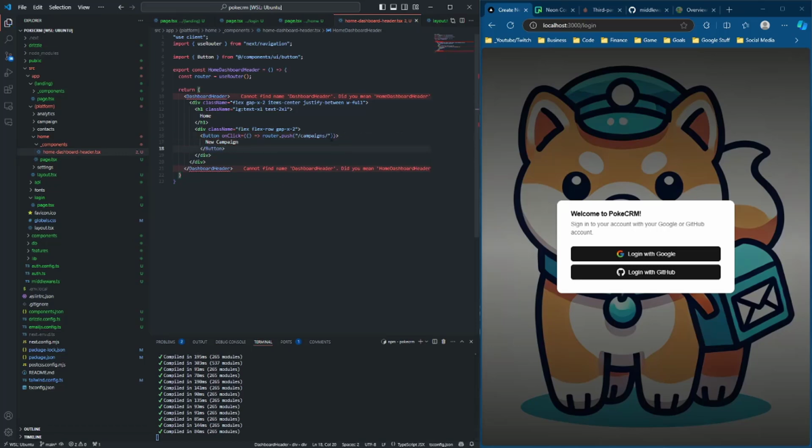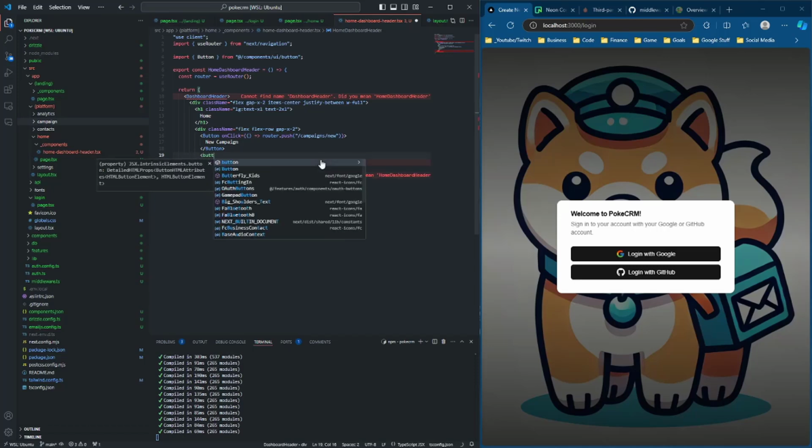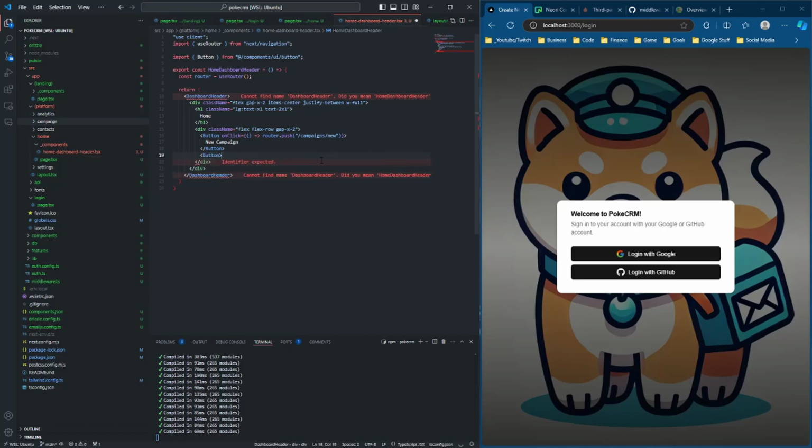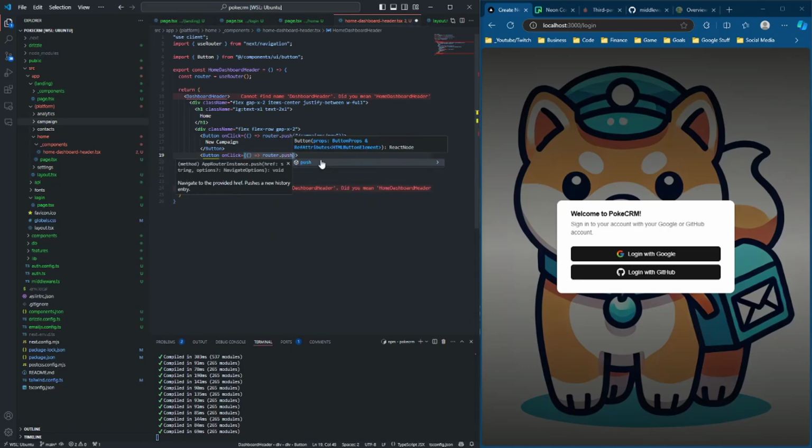If a user wants to create a new campaign, they can do that. They can go to campaign/new. So we'll create a dedicated page to create new campaigns. We don't need to touch that for now, but later on, just remember, we're going to have a separate new route here that controls that, and then we're going to create another button that's going to do add contacts, and then we're going to have a similar onClick here, and then the router push